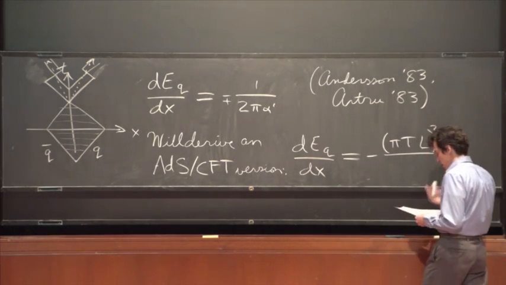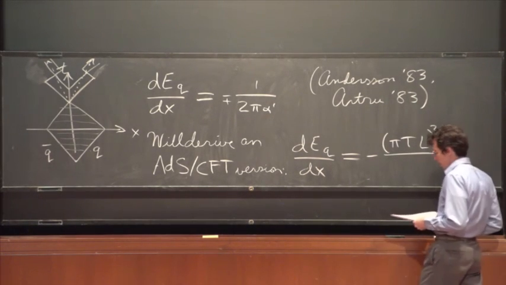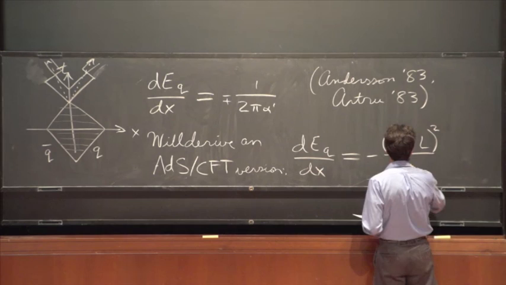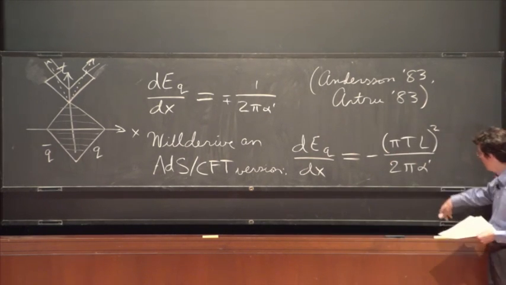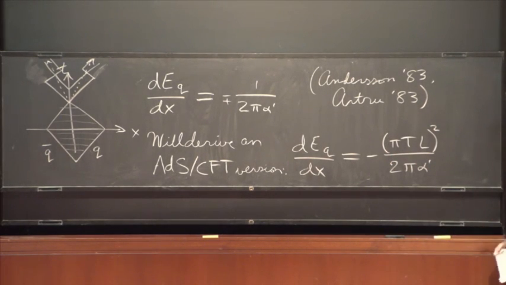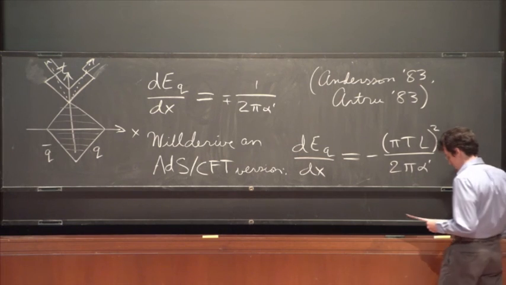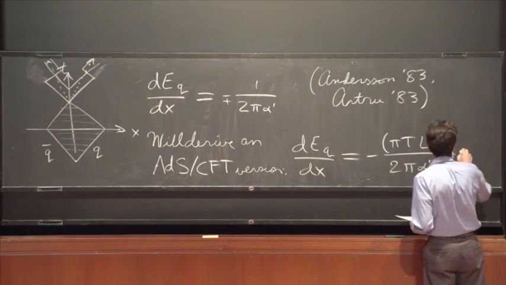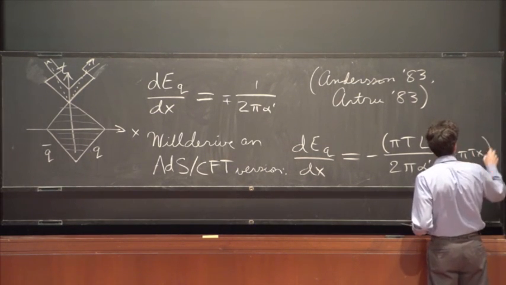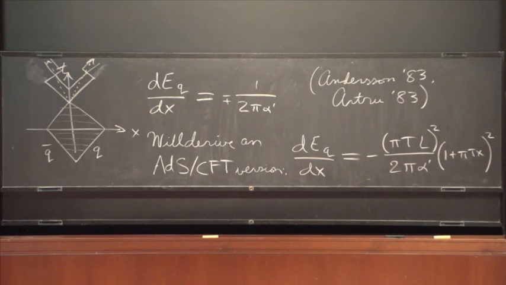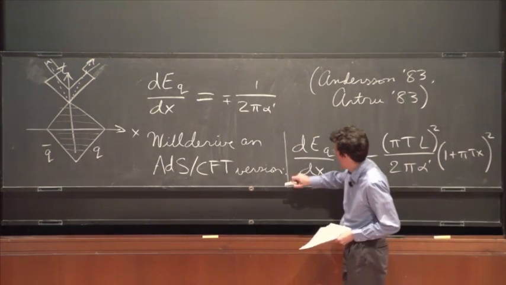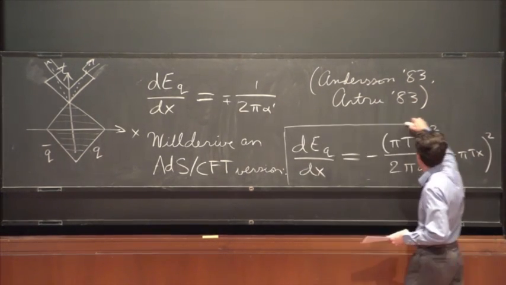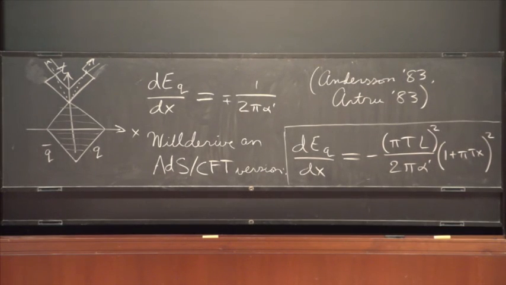T is the temperature of the medium, of course. L is going to be the radius of AdS. It can be combined with alpha prime in order to give you a factor of the 't Hooft coupling, as we will review. And you get this rather specific functional form depending on x. And this formula, which is kind of the punchline of the first part of my talk, let's say the first day and a half of my talks,